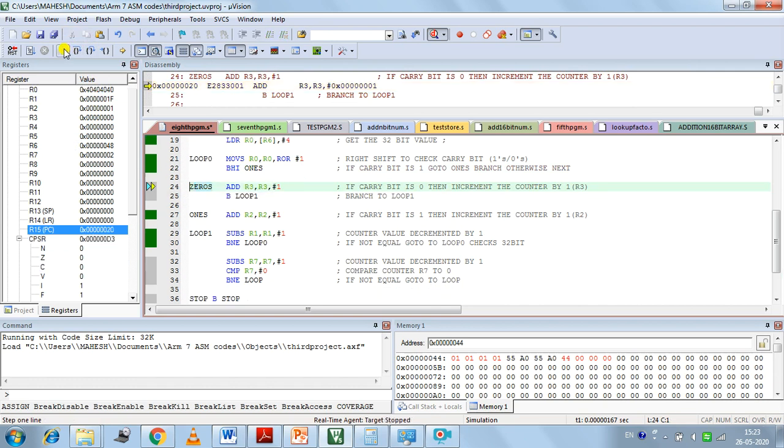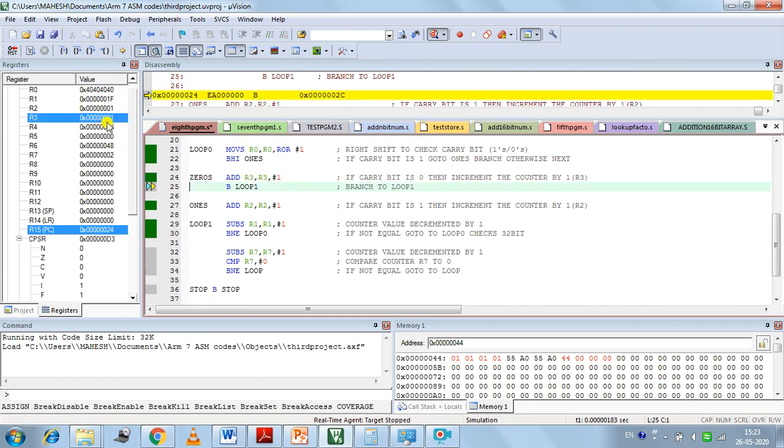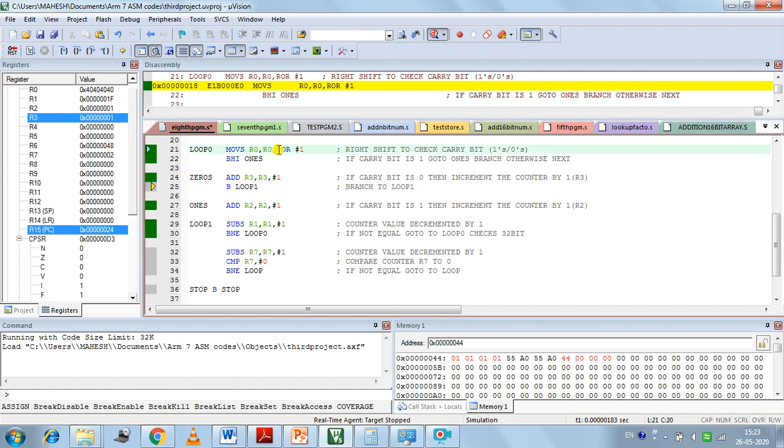It is 0. After execution of this one, you can see that the R3 value is updated with 1 here. Like that, we have to check each bit here. Now the R1 counter becomes 30. Again it is not equal to 0, so again you have to decrement the counter and rotate the number, 30 times.